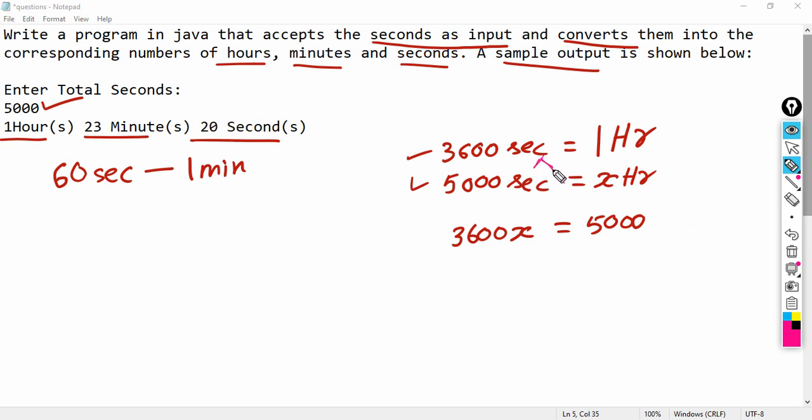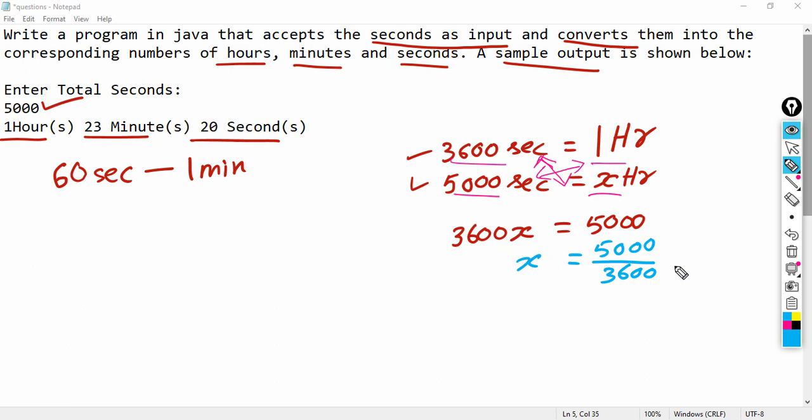So, I have just cross multiplied 5000 into 1 and 3600 into x. So, when I solve this, I will get x is equal to 5000 divided by 3600.